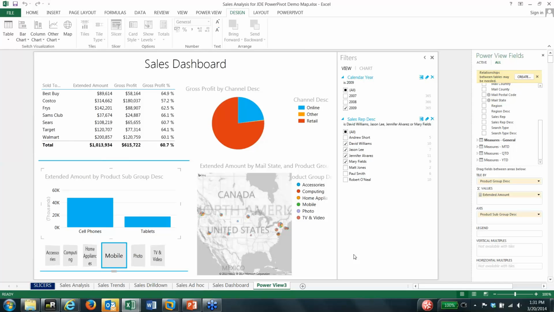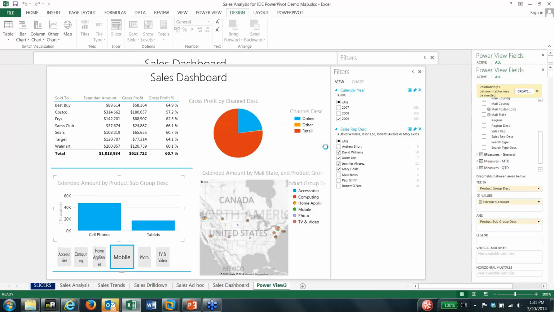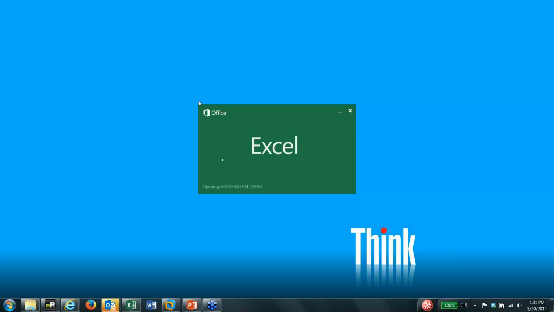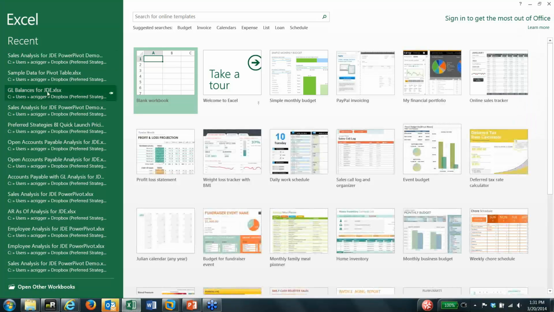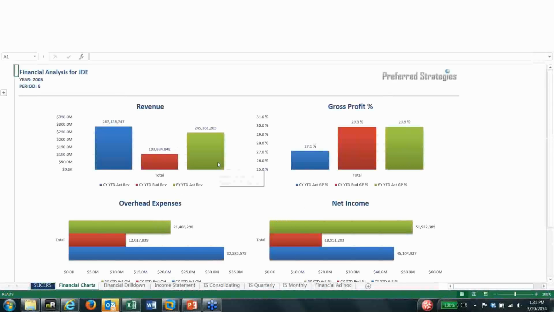So next, we'll show you another example in the financial area, because some customers will obviously want to use this for financial reporting, and then we'll show you this on SharePoint as well. Okay, so let me close out of here, and now we'll open up, just like before,